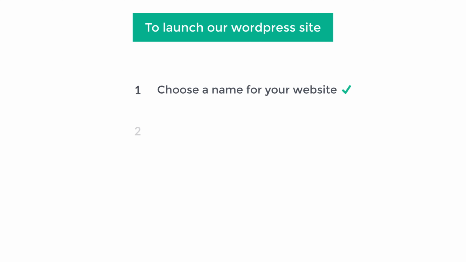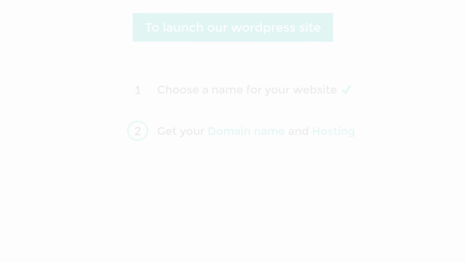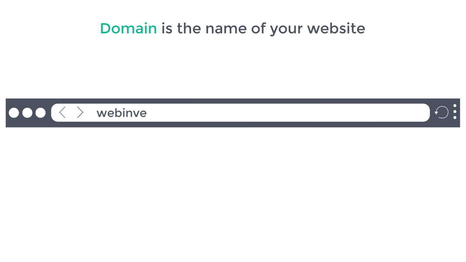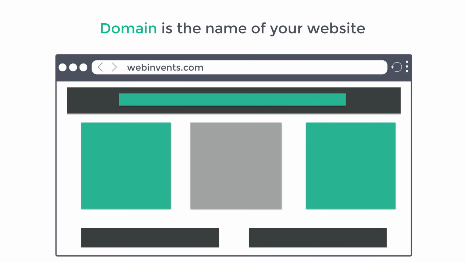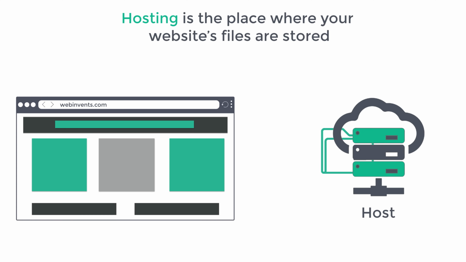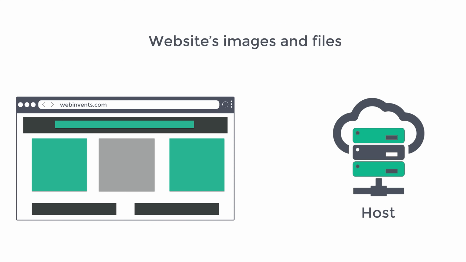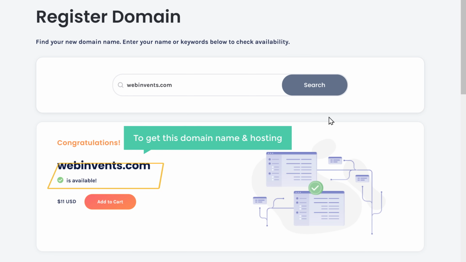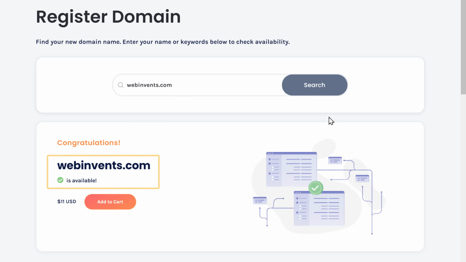Once you choose your name, you can go to the next step, which is to get your domain name and hosting. Domain is the name of your website which people need to enter to visit your site. And hosting is the place where your website's files are stored, like your website's images and files. So to get this domain name and hosting, let's click Add to Cart